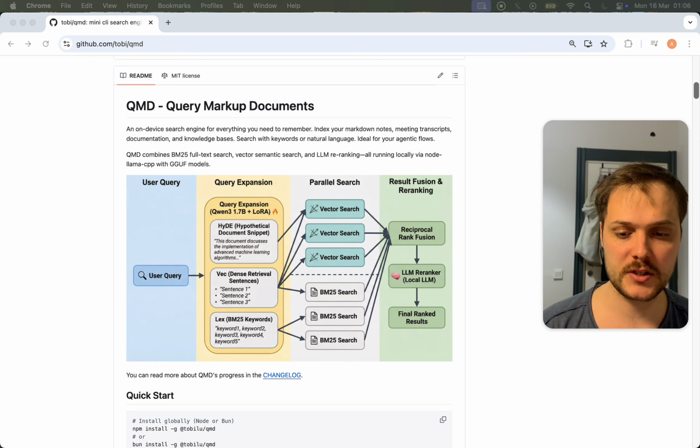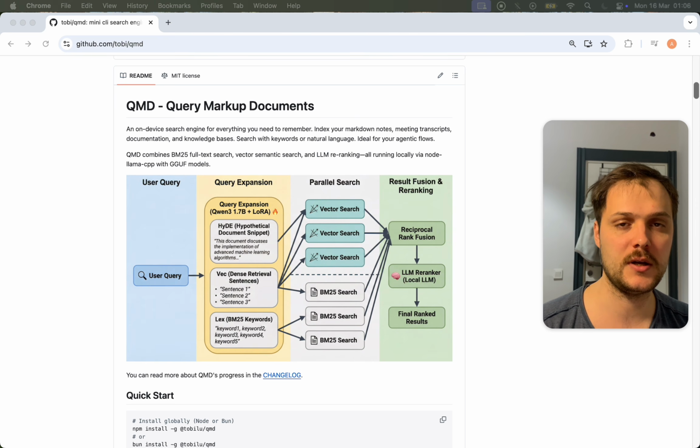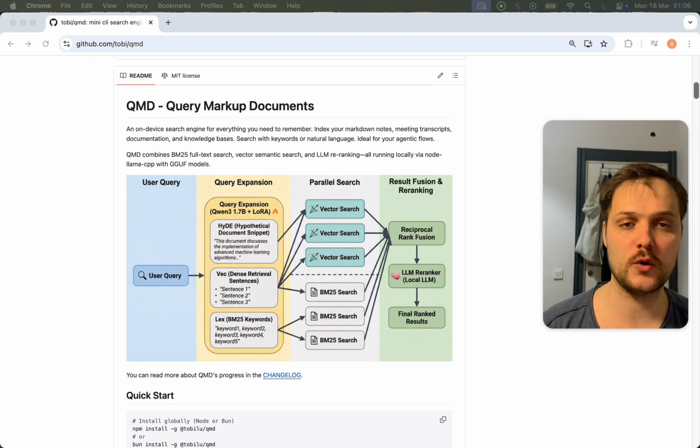The fix for this is something called QMD, Query Markup Documents, and it's open source. It's essentially a local hybrid search engine built by the CEO of Shopify, and instead of forcing your agent to read a massive markdown file, QMD uses a local embedding model to search by the actual meaning of your words. It reaches into your history and grabs only the exact 3 relevant sentences the agent actually needs and injects